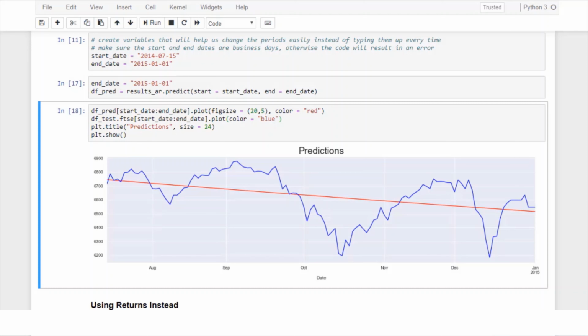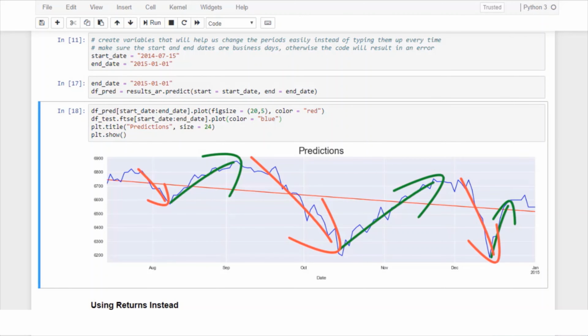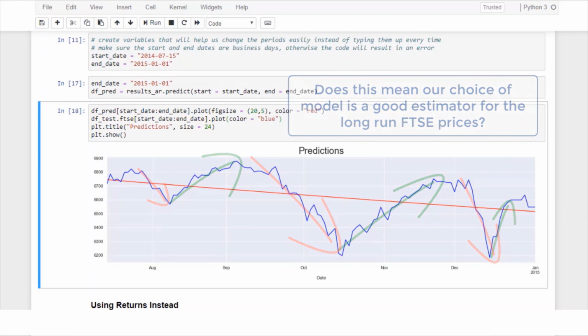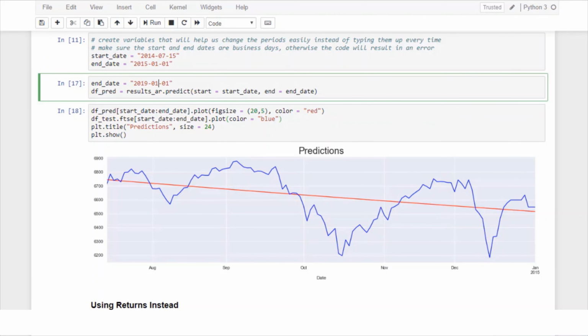After running the cell, we see a very interesting pattern. Over the course of the interval, actual prices cyclically jump up and down around the values we're expecting. So does this mean our choice of model is a good estimator for the long-run FTSE prices? Well, not really. If we zoom out again,